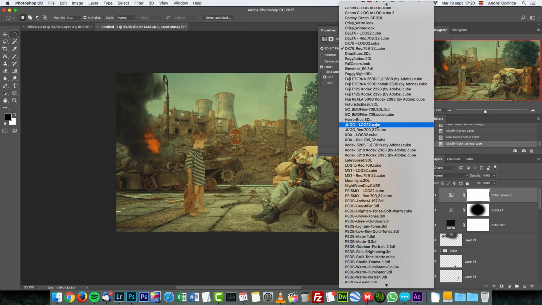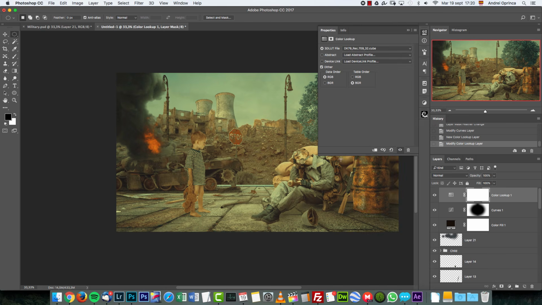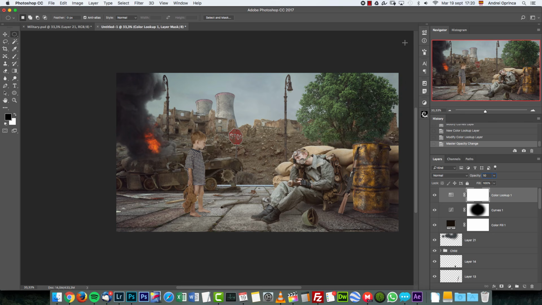You'll find where you have installed Photoshop, look for the presets folder, and inside of that you'll find one called 3D LUTs, and just paste it there and you'll have it here on this list. Okay, here I have the opacity at 10% and the blend mode set to normal. Now I forgot to add some adjustments below, so before I added this color fill, under it I'm going to add a gradient map,